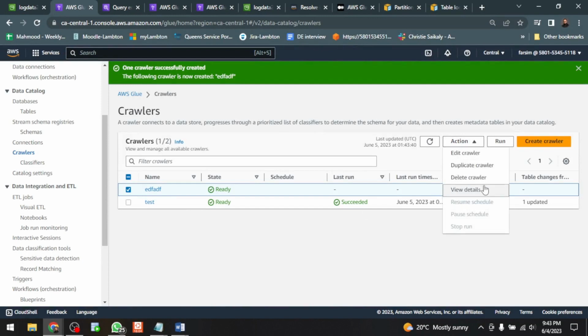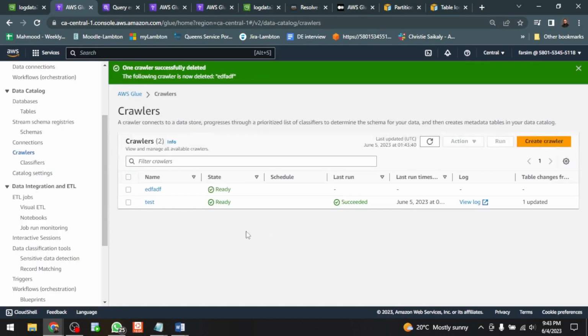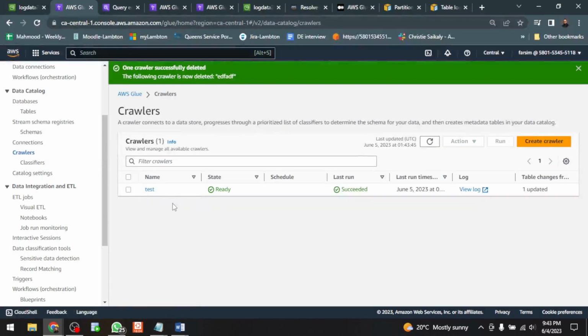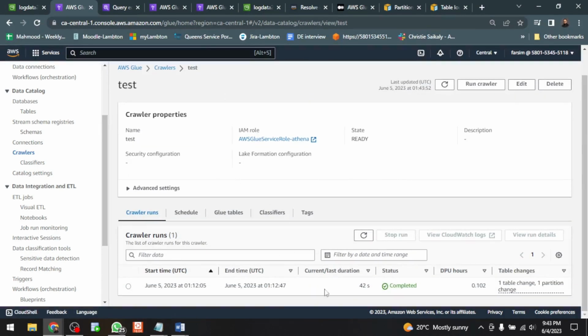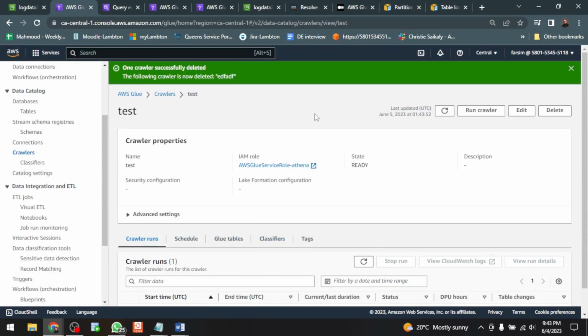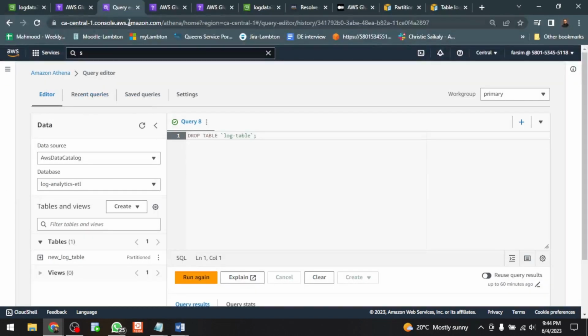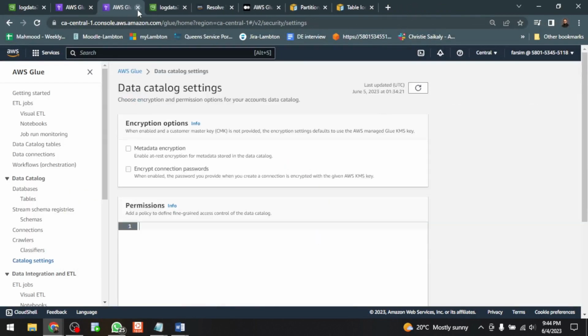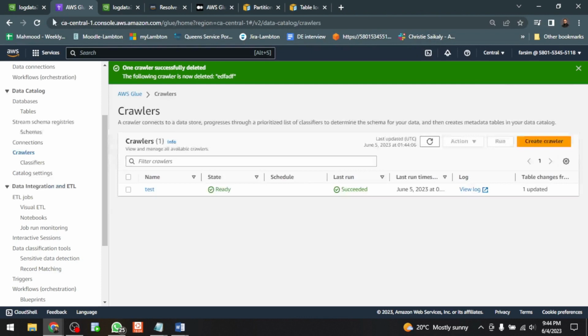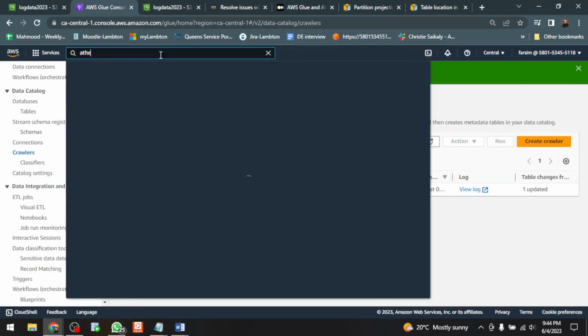Just delete this crawler now. So we already have a crawler. It's called test. Actually not an appropriate name, just for the sake of it. And it has fetched all the schema information from our S3 bucket folder structure. So right now we will go to Athena. Let's go to Athena,